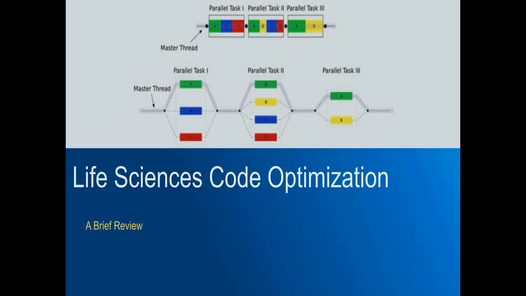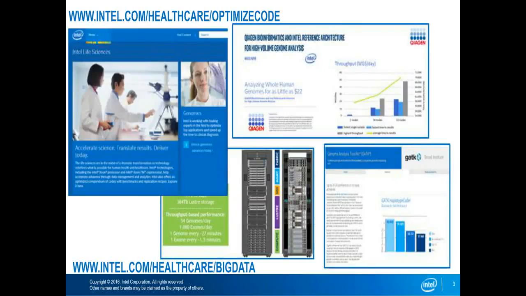So basically, I wanted to just start with a single slide review of the work that Intel has done in life sciences code optimization. As you can see, we've worked with QIAGEN from Michael's discussion, but we've worked with the Broad, we've worked with many of the life sciences codes, dozens and dozens in genomics, and also in molecular dynamics, in cryo-electron microscopy, and computational chemistry. So Intel has made a point to work with these vendors of software to make sure that the software is fully taking advantage of Intel's CPUs.